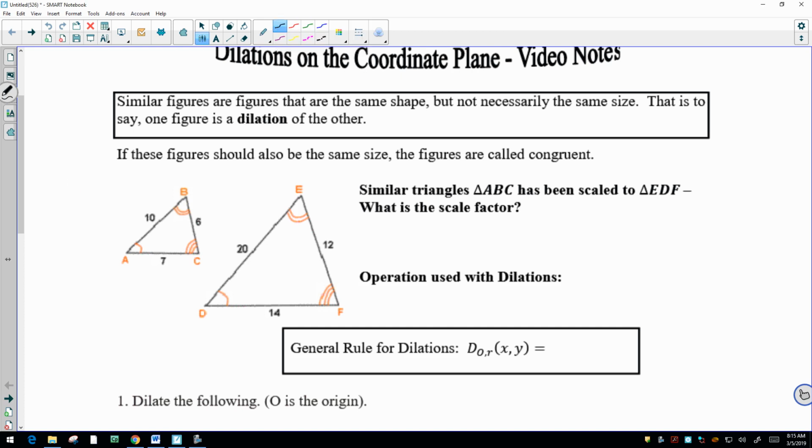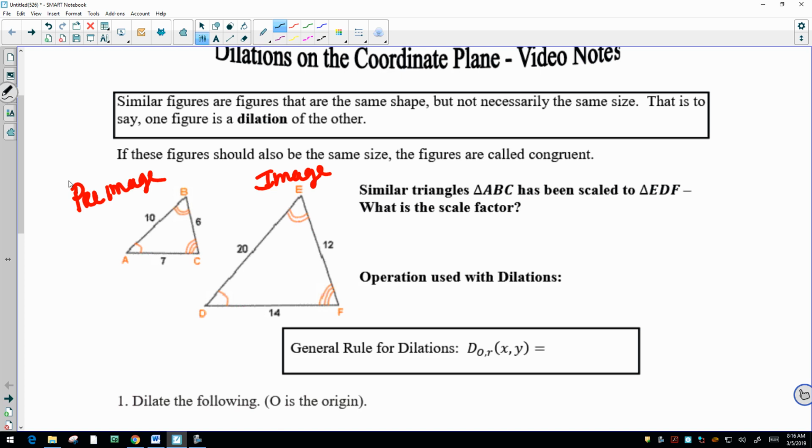So I could look at this and say, here's our pre-image, and this would be our image. And it wants to know what's the scale factor. In other words, how much bigger is our image? And this example may be easy to see just based on the numbers. It looks like the image is twice the size, but maybe if the numbers aren't as big,